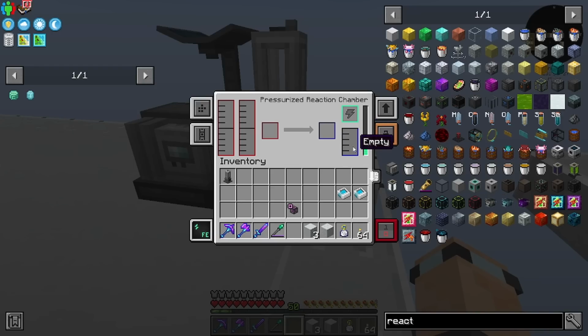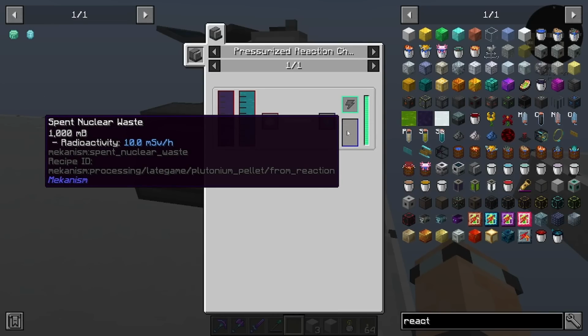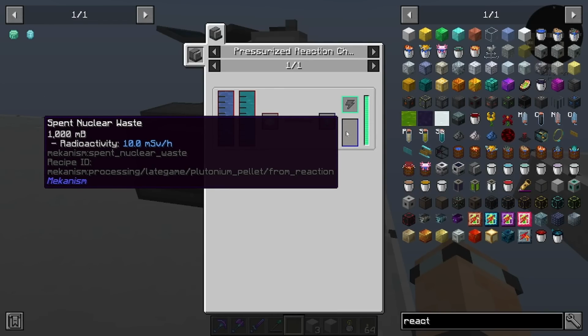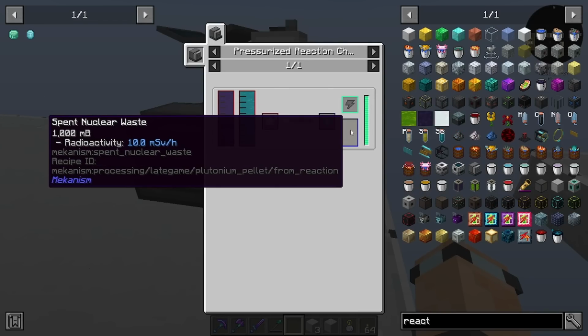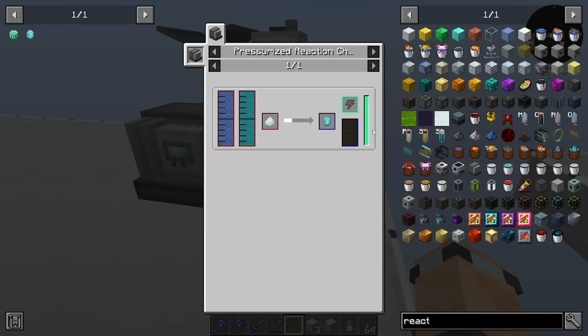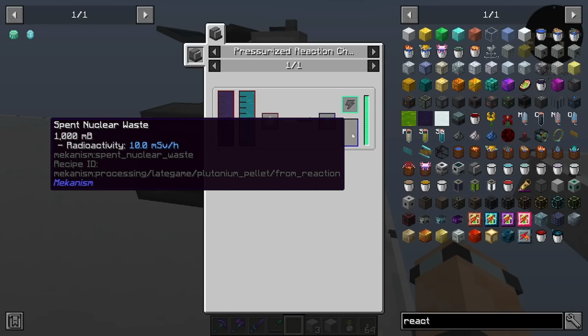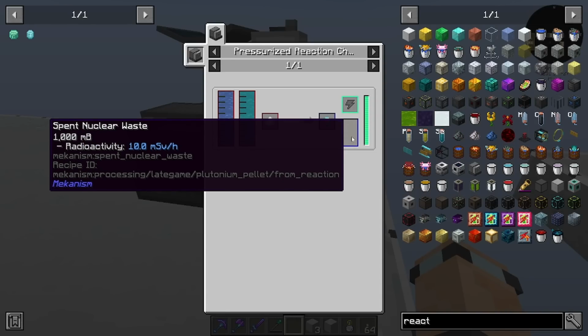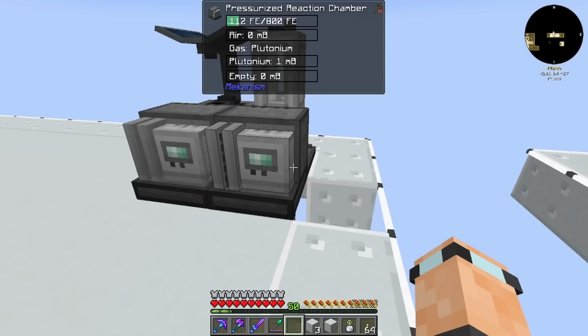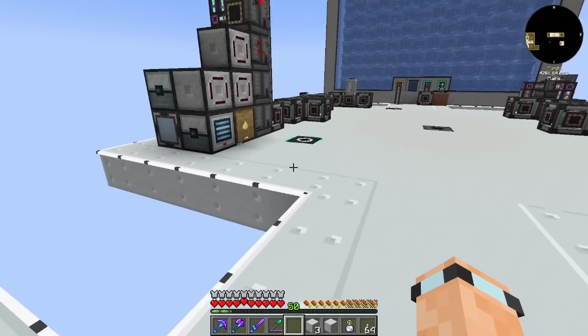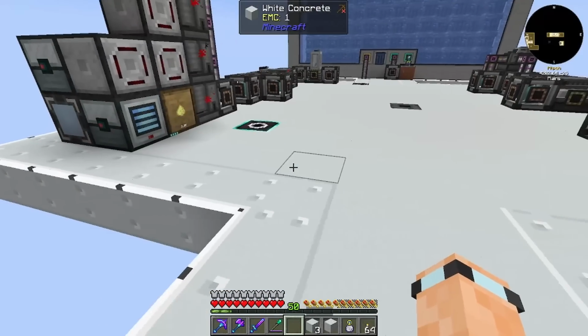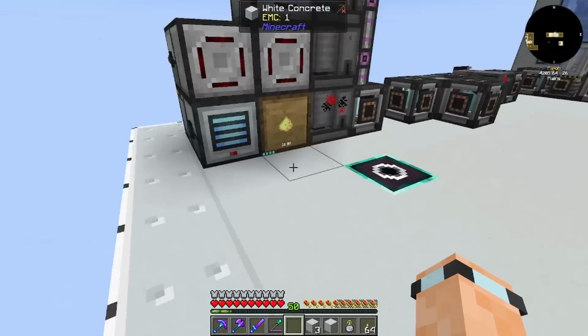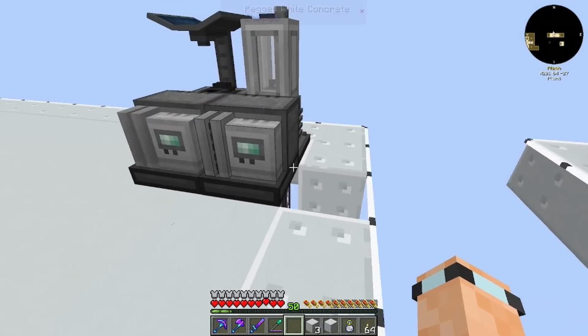Now, the last thing we need to do is think about the nuclear waste that this makes. So this is spent nuclear waste, which is a lot different to the regular nuclear waste. You can't do anything with this. You have to send it elsewhere. So there is a way of doing this. You make a hyperbox, or it was compact machine. It didn't work for me in No Frills, but I'll give it a go in this. And basically what you do